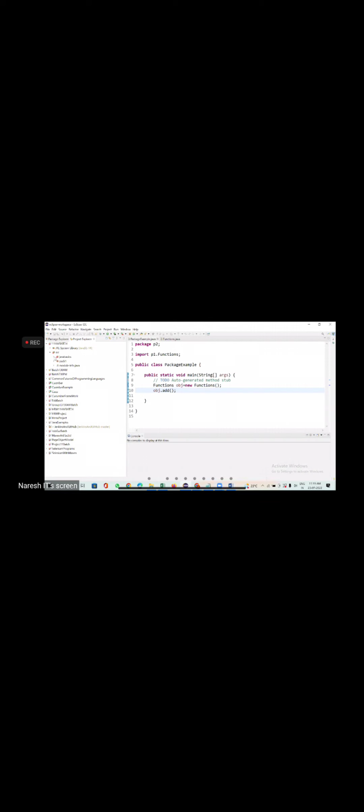Okay. So I have 2 packages here. One is Java Basics and one is Pack 1. Java Basics, I created this package. The definition says a package is a set of similar types of classes. What do you mean by similar types of classes? Here I'm putting all the examples related to Java Basics.